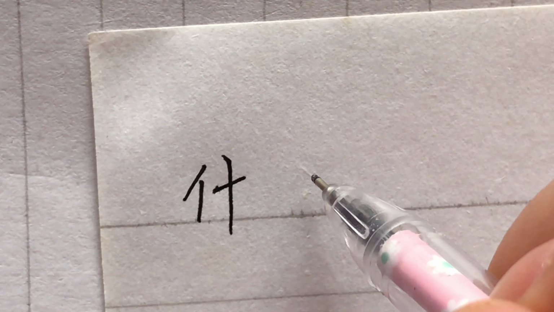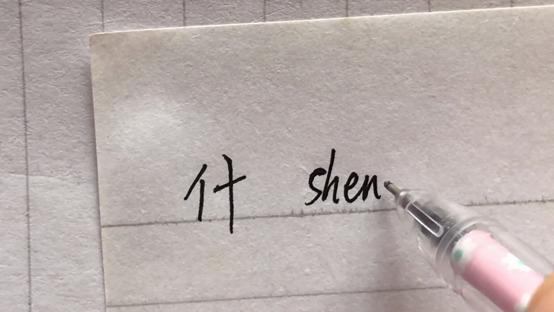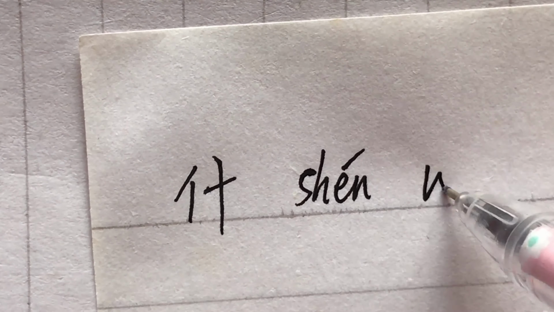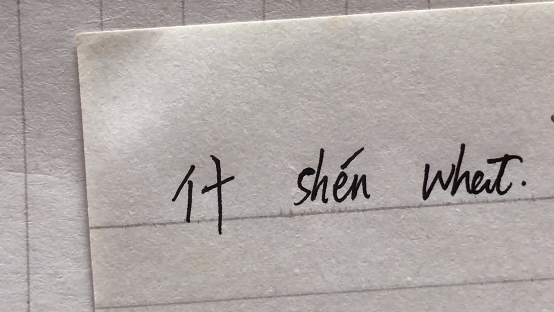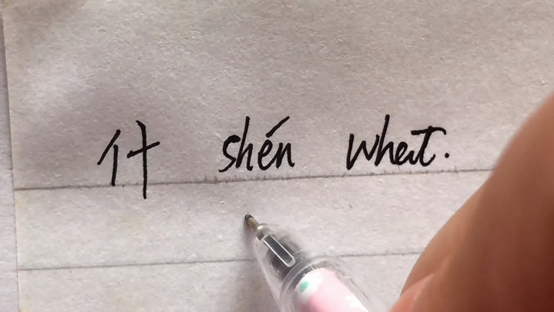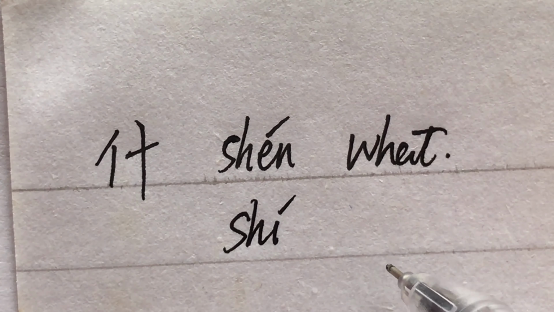This is a polyphone. It can be pronounced as shén, means what, or shi, assorted,